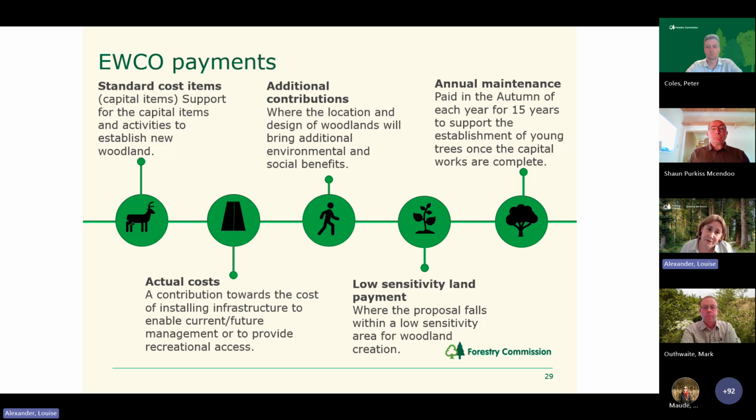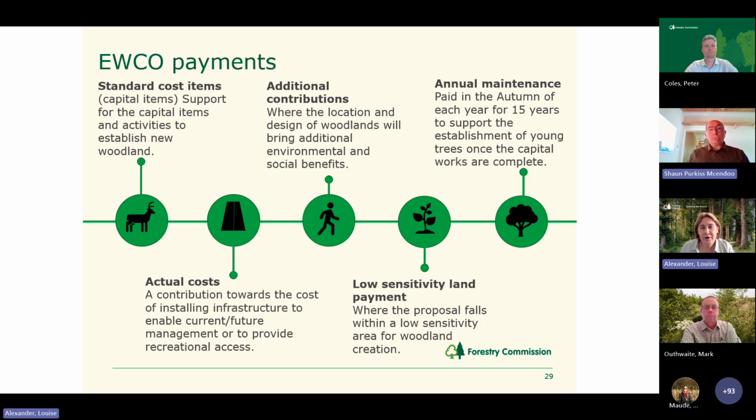The additional contributions are paid where the location and the design of the woodlands will bring additional environmental and social benefits. Low sensitivity land payments are where the proposal falls within a low sensitive area for woodland creation. And the annual maintenance payments are paid in the autumn of each year for 15 years, and they support the establishment of young trees once the capital works are completed.